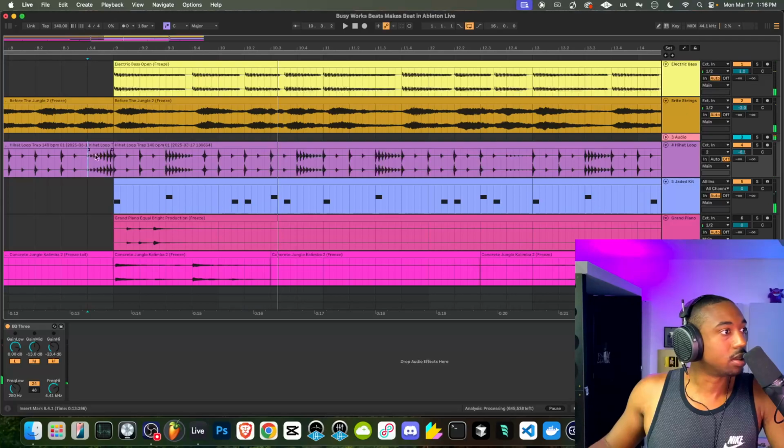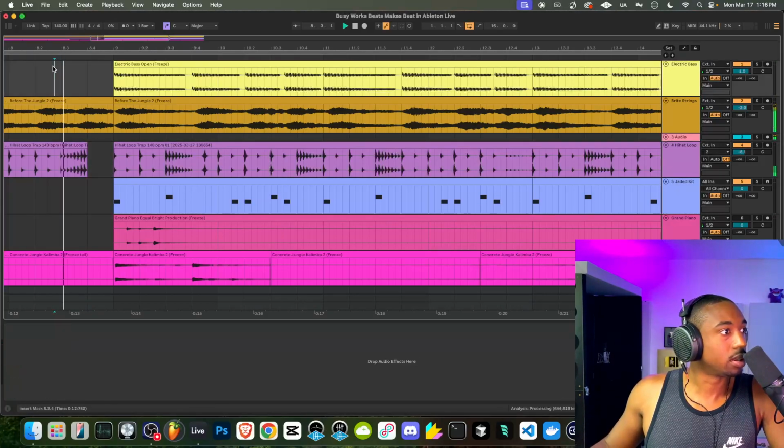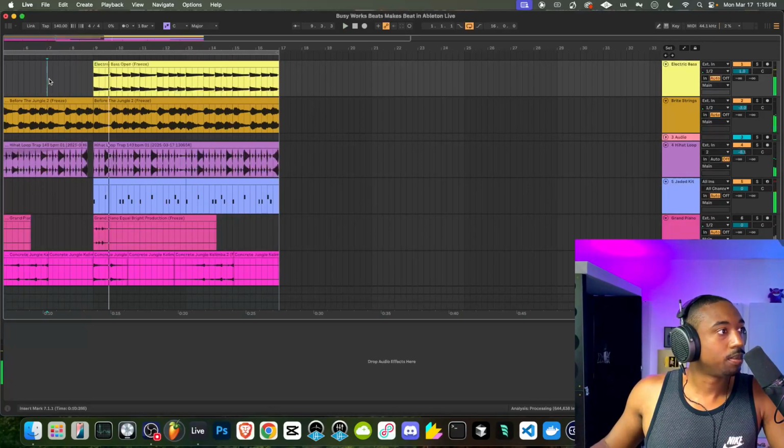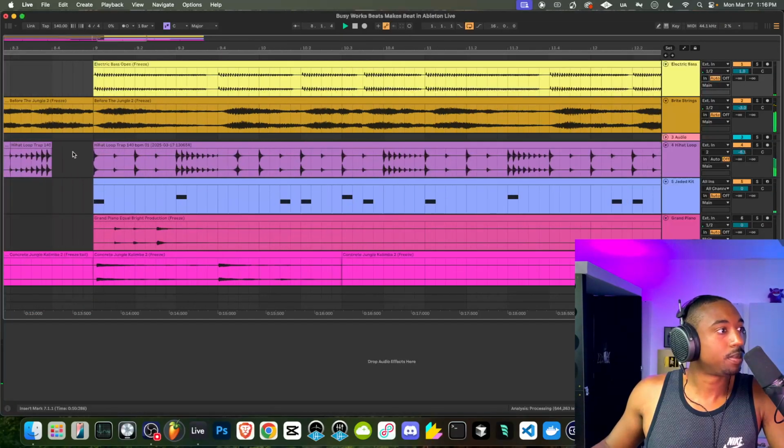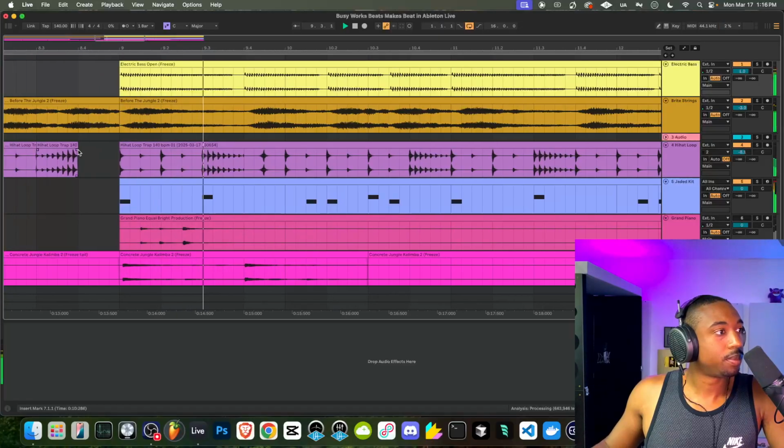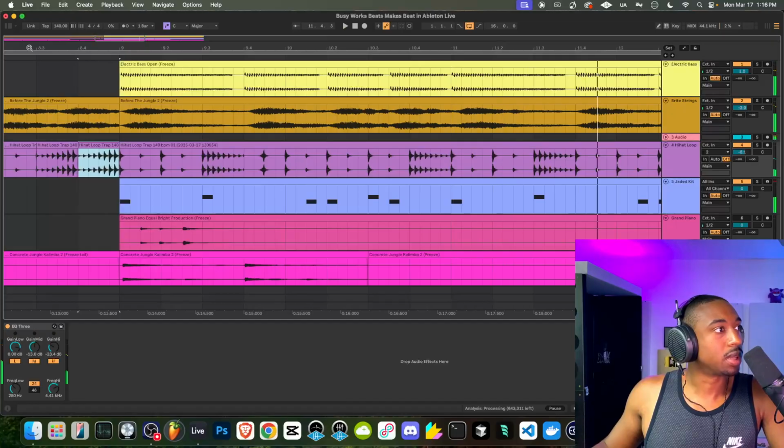So let's say I want this little hi-hat roll one beat earlier. I'm going to grab this, drag it over here. Duplicate it, and what I might do is fade this so it feels like it's leading into the next one.